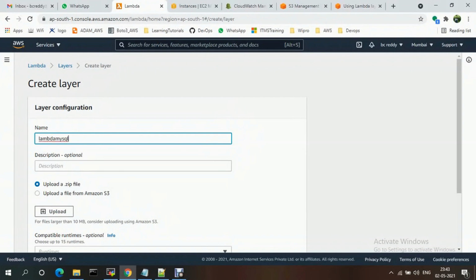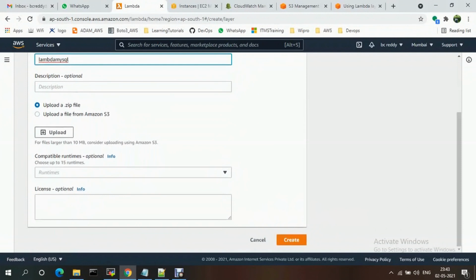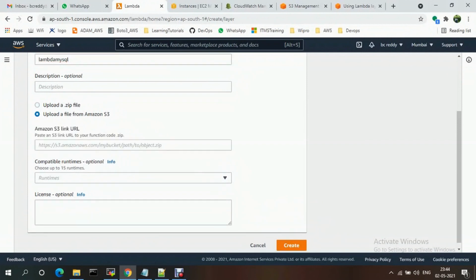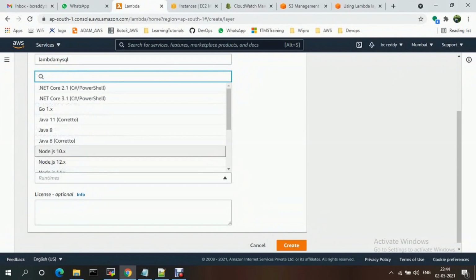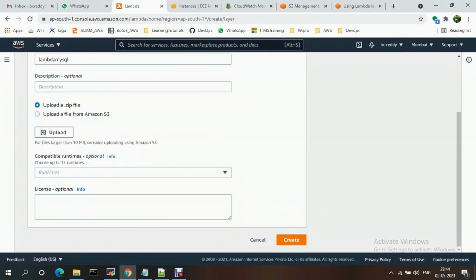If your zip file is local, you upload it. If you have the zip file in S3, you select that and provide the bucket name, and select the runtime. Currently my zip file is local, so I'm uploading that one.